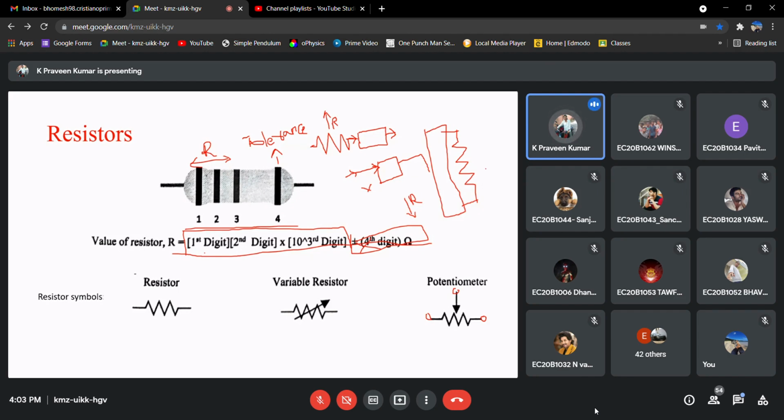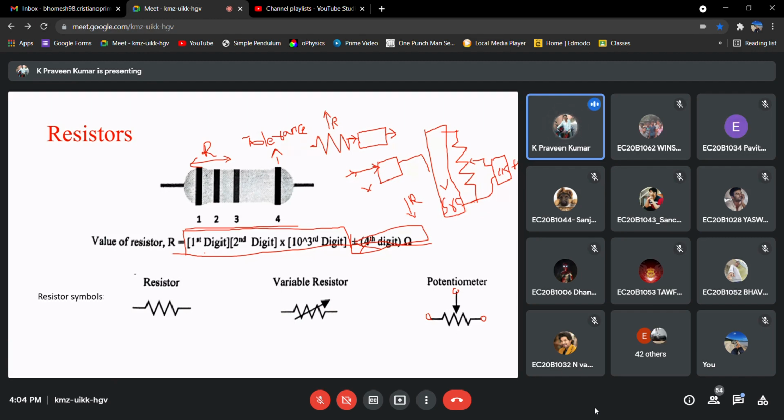Let us say this is the source, some voltage source or something. Let us say this is another circuitry. So this is basically our circuit. Say for example, that is my voltage source.